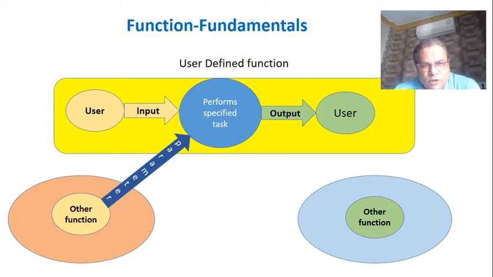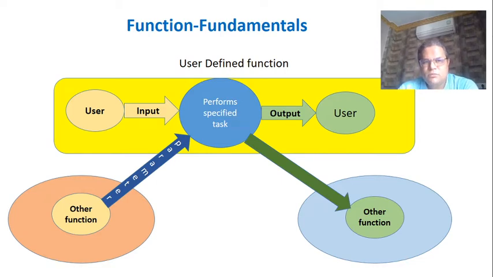Now, after taking the input from one function, these inputs will be processed to prepare a result, and then if I say this function doesn't want to display the result to the user by performing output operation, but it wants to provide that result to some other function, then that is also possible in C language, and it is possible through a process called as returning.